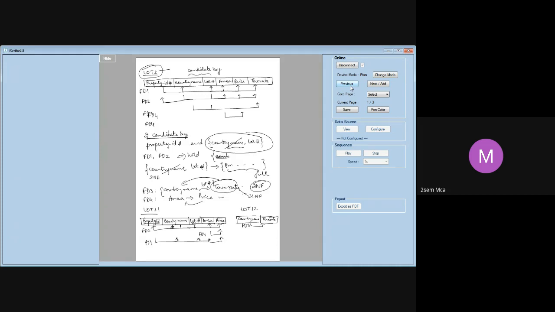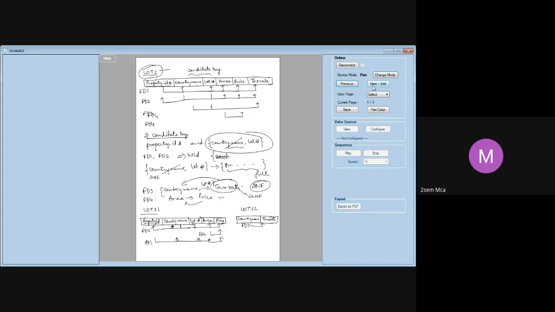Coming to the third normal form, general definition of third normal form. Lots 2 is already in third normal form. Country name is a candidate key, so that condition is satisfied. Coming to lots 1, it is not in third normal form because FD4 violates the third normal form. What is FD4 here? Area determines price. Area is neither a super key, and price is not a prime attribute. One of the conditions should be satisfied. Both are false. So FD4 violates the general definition of third normal form.